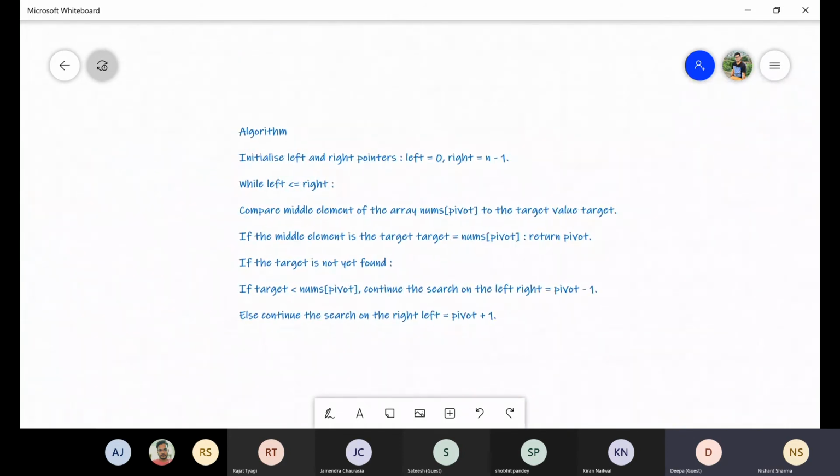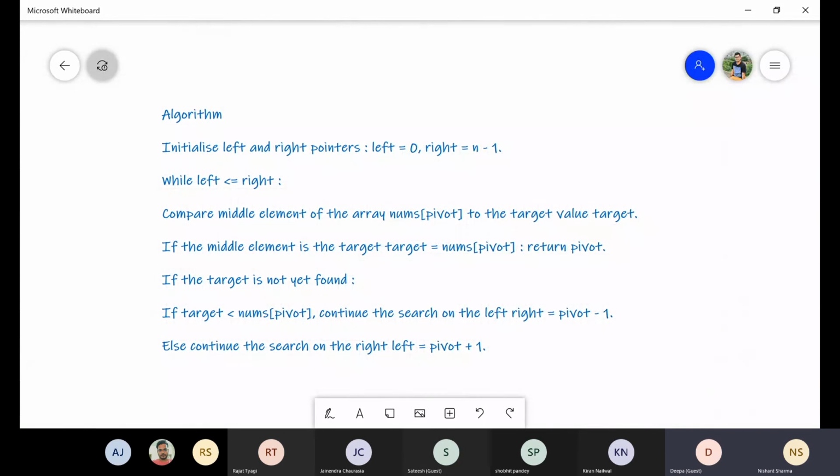So this is the algorithm for binary search. Hope everyone can see this. What we will do is take two pointers, one left pointer and one right pointer, which are basically variables in our programming language. We can take two variables, one called left and one called right, where the left variable indicates the array front and the right variable indicates the array end, and then we try to see whether we are able to search our target in that particular array or not using these two variables.